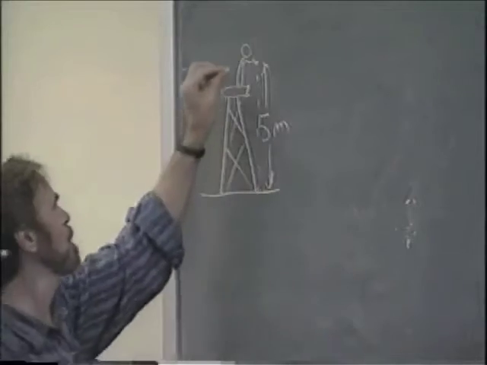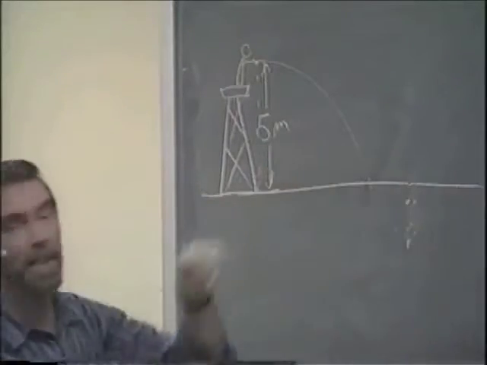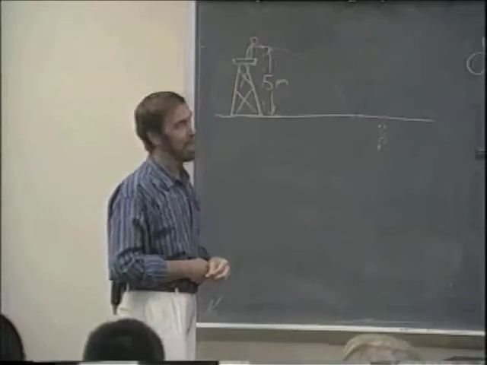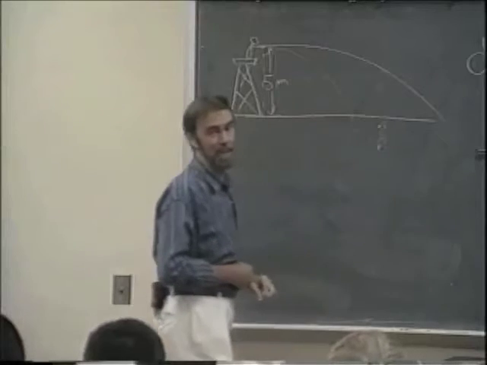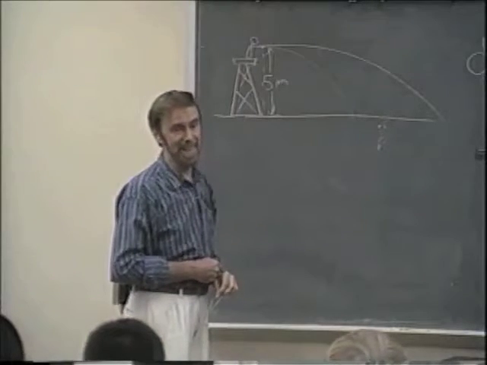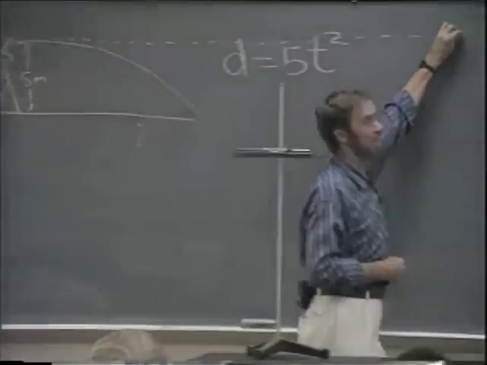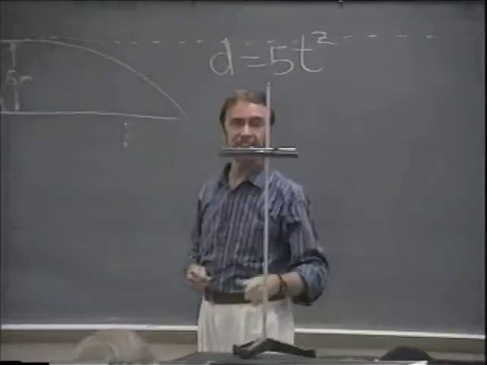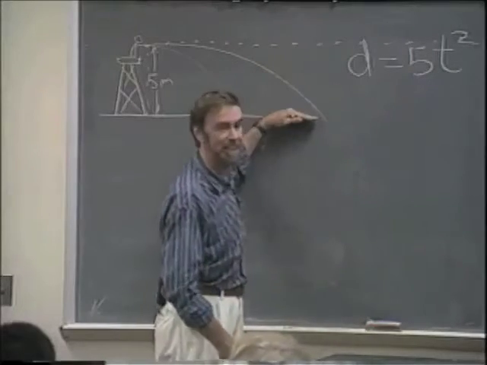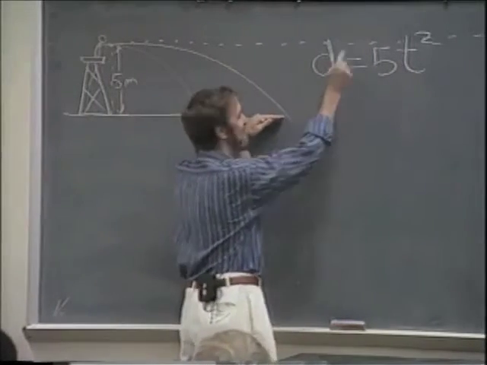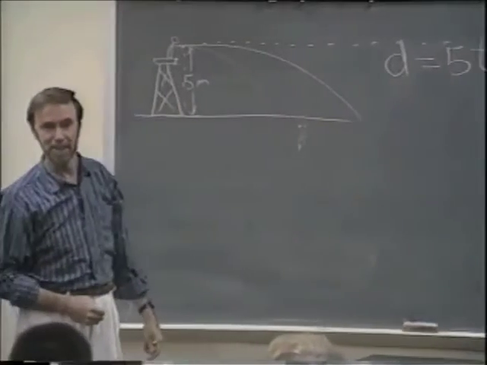You just, boom. How long does it take to hit the ground? 1 second. Let's suppose I instead throw the object. How long does it take to hit the ground? Let's suppose I throw it faster, sideways. How long does it take to hit the ground? 1 second. Because what it's doing, it's falling beneath the straight line it would take if it didn't fall. Isn't that right? And that vertical distance from here to here, that vertical distance, is 5t squared. So 1 second to fall 5 meters.